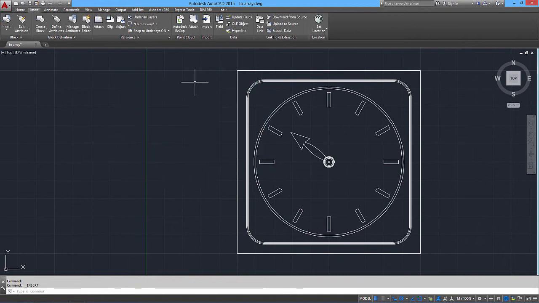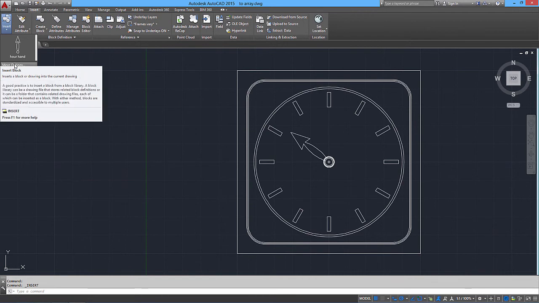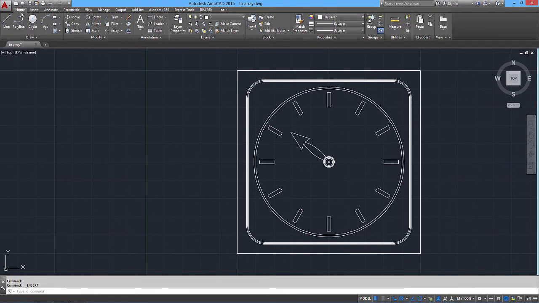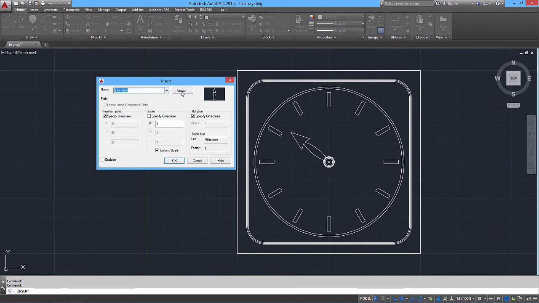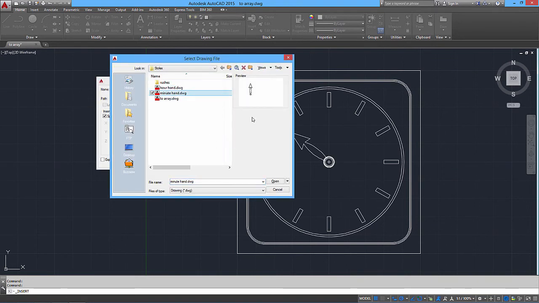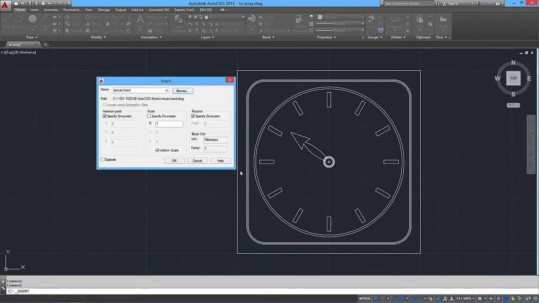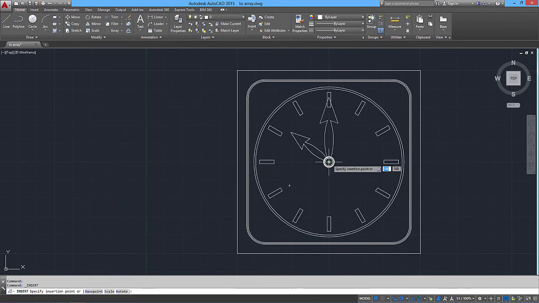Now what's happened there, this is a new sort of thing to 2015. I click on insert, this is the option I've got, so I get a little sort of display of the objects that I can insert, or more options. Okay, now I'm not sure whether that happens on the home tab. If I went to insert, yes, so more options, and this gives us the insert dialog box again, so we browse again and minute hand this time. Okay, leave those settings as they were, okay,